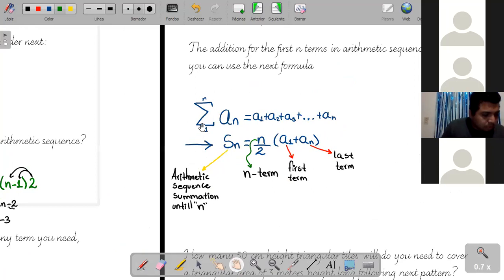Let's talk now about the summation. And don't worry about your notes, because I'm always sharing this whiteboard in the classroom. You can access this one then. So the summation is practically the addition of the first terms you want. For example, if I want